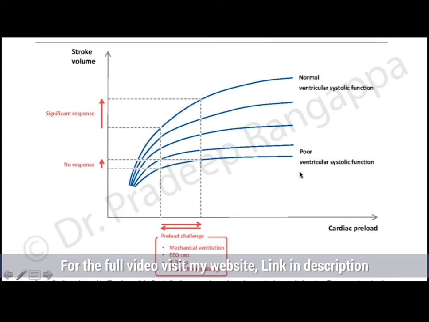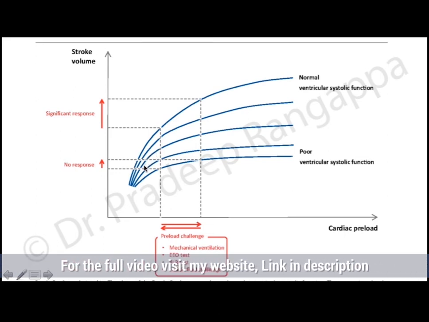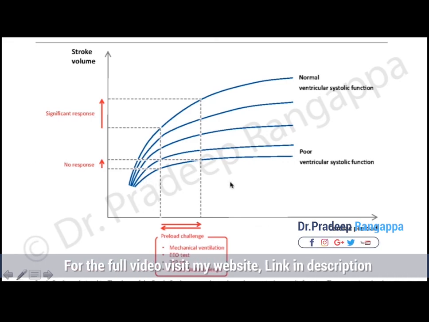If someone has a poor ventricular function, then their response to a fluid, their cardiac output responsiveness to the fluid bolus, would be suboptimal. And these are the patients where you need advanced hemodynamic variables to